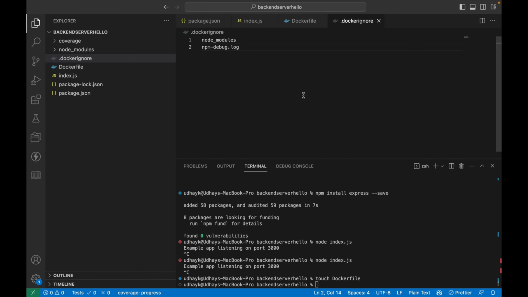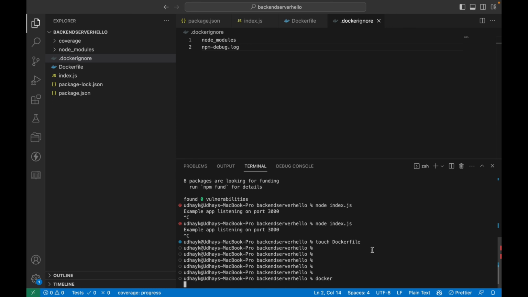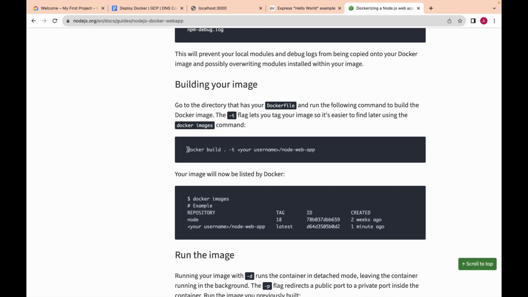So now what we will do, before deploying this application into Google Cloud, we will try to execute it on our localhost using Docker to see whether this is running properly or not. Okay, so what I'm going to do, I'm just typing the docker command to see whether Docker is up and running. Yeah, you can see the docker command is working fine, right? So to build a Docker image, this command I need to follow. docker build . means the entire directory, and -t means the flag we will set for the image tag. Okay, and the username and simple name we can create. So I will just copy this alone,